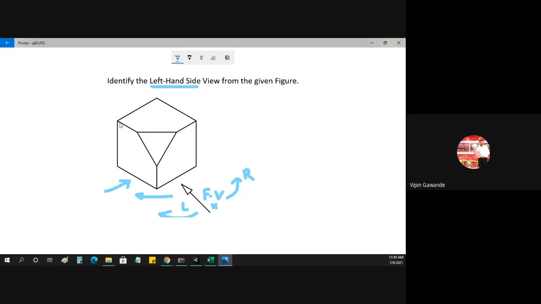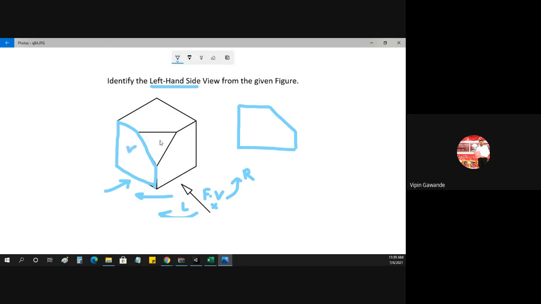So what will we get in the left hand side view? Just see the vertical surfaces. I have told you, in front view and side view we get vertical surfaces, and in top view we get horizontal surfaces. Just remember this: top view means horizontal surface, and front view and side view mean vertical surfaces. So what is visible? This part is visible to us, this is the clear part. It looks something like this, with a vertical line here, like this. So this surface is visible.